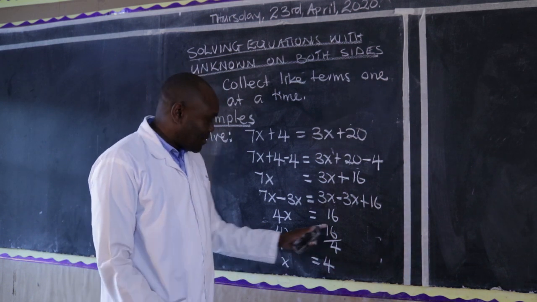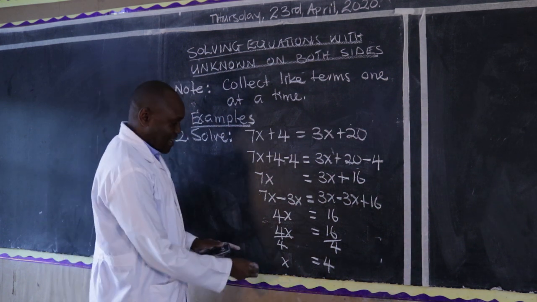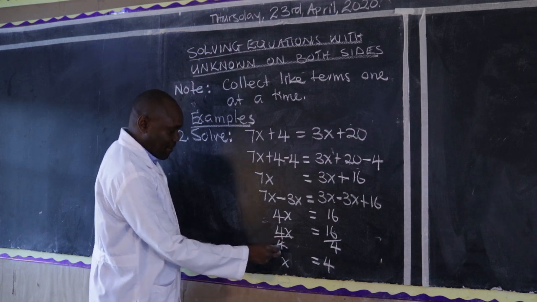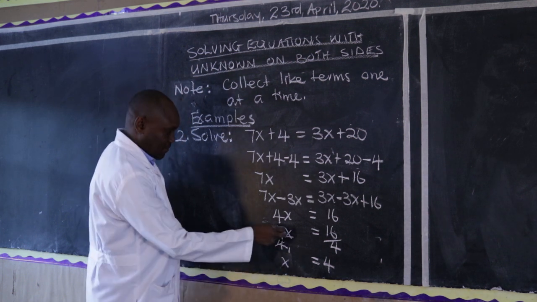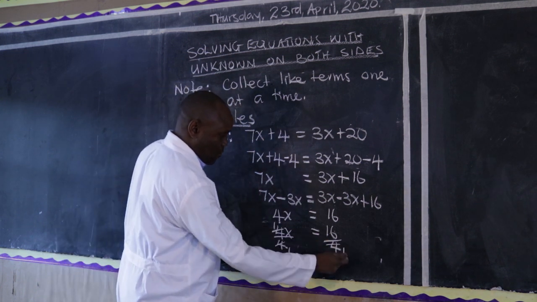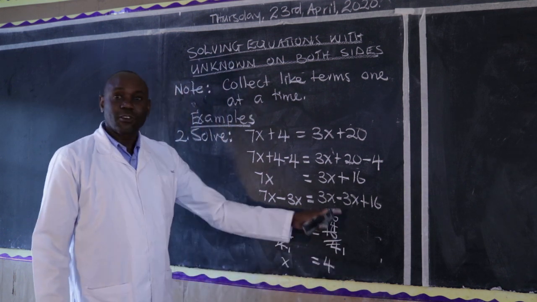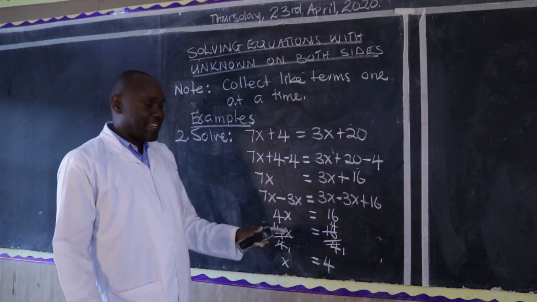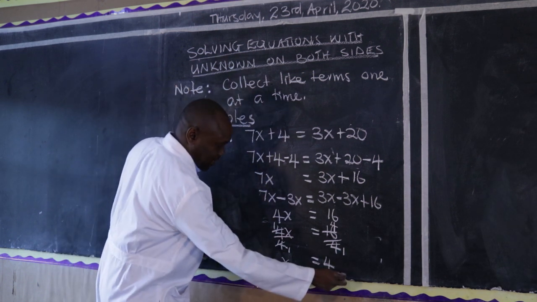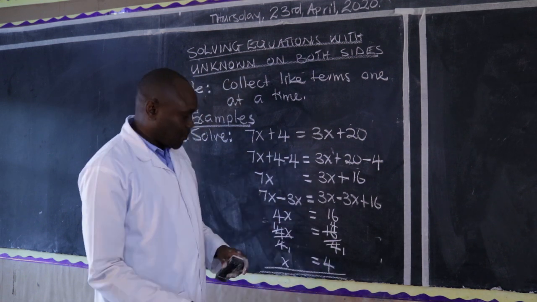So candidate, what's the problem with this candidate here? Definitely, the candidate did not show how he got it, remained with the x alone. Therefore, it will be by 4 once. 4 divided by 4 once. Then here also, by 4 once. And then by 4, we shall remain with the 4. So that cancellation is very important. Don't say, I know, 4 divided by 4 is 1, so just rush. No. You will be marked wrong. So the examiner will circle that part, but you did not complete your work.